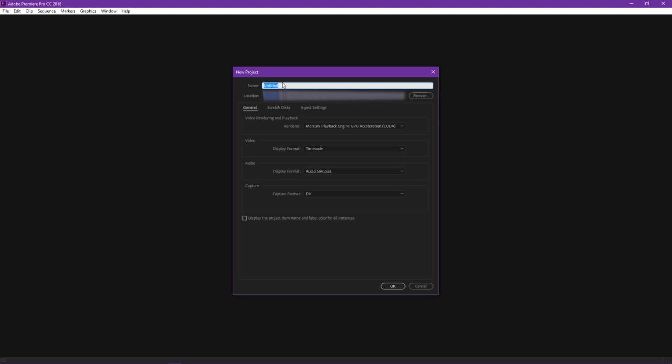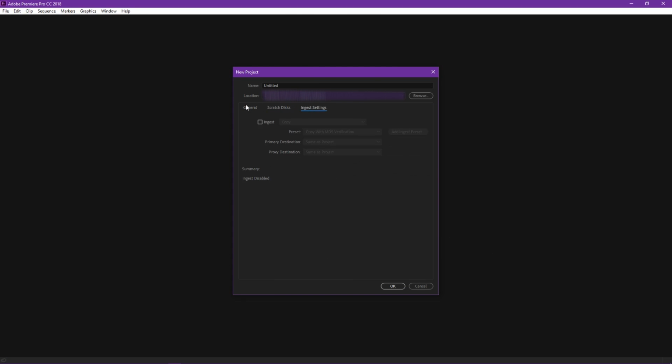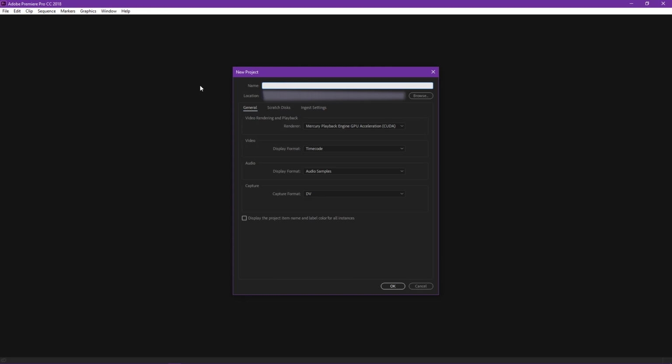Let's go ahead here, and there's going to be some blurred out stuff on screen because I'm putting in where I'm saving my stuff. First off, you're going to want to choose where you save your new project. So when you click new project, you're going to click browse under location and put in a location. I'm going to save this under a folder called Premiere, and we're going to name our first project